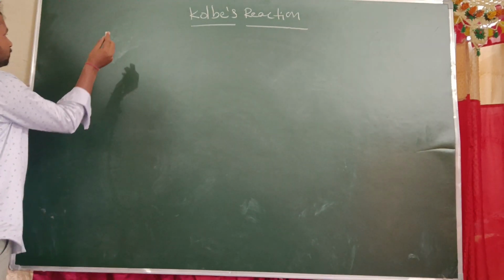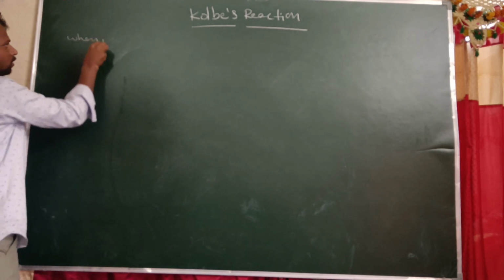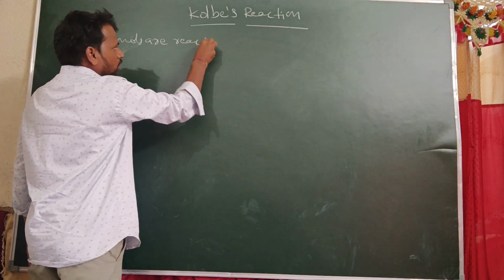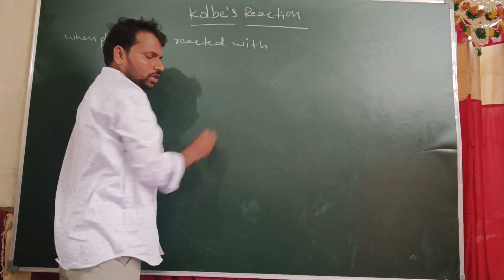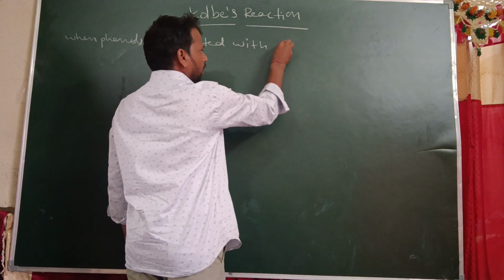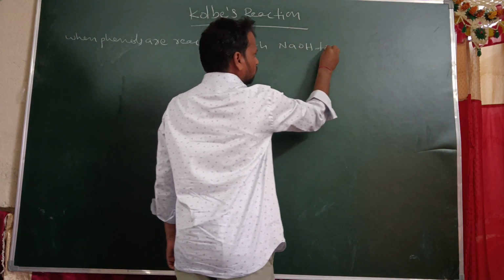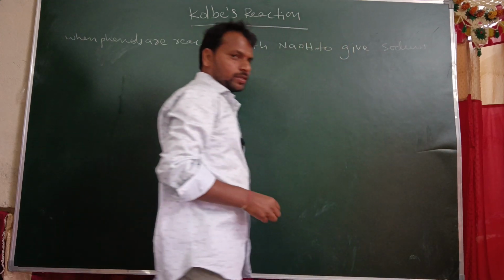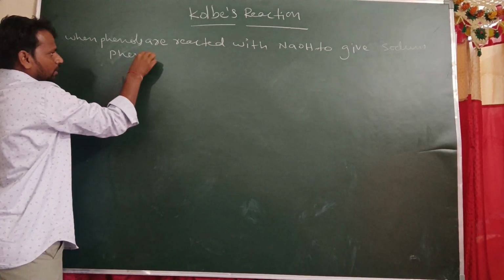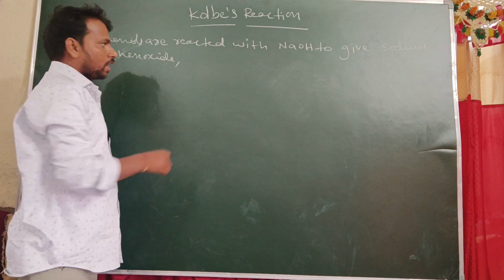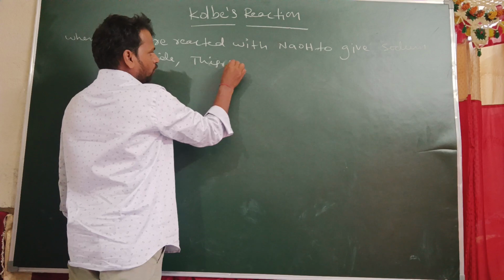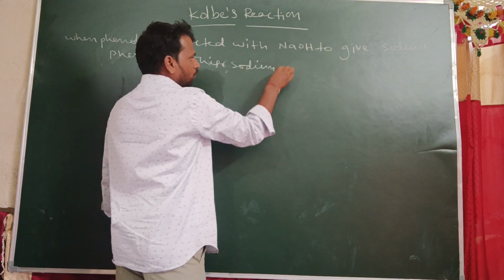So, what is the Kolbe reaction? When phenols are reacted with sodium hydroxide, here we are taking the alkali as sodium hydroxide, to give sodium phenoxide. So this sodium phenoxide